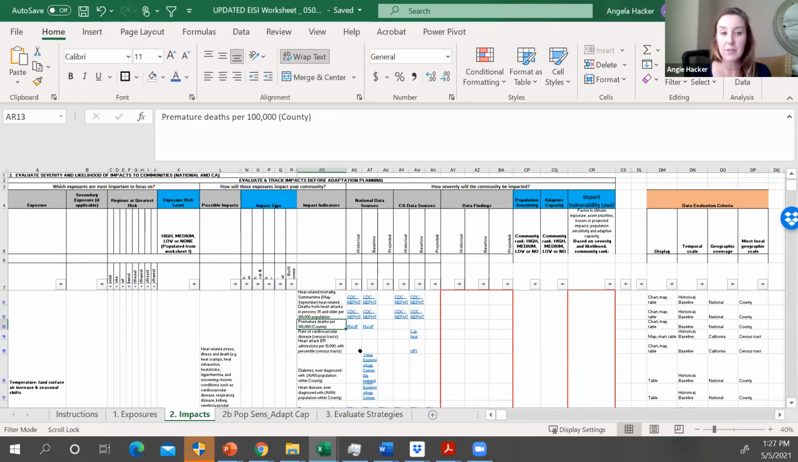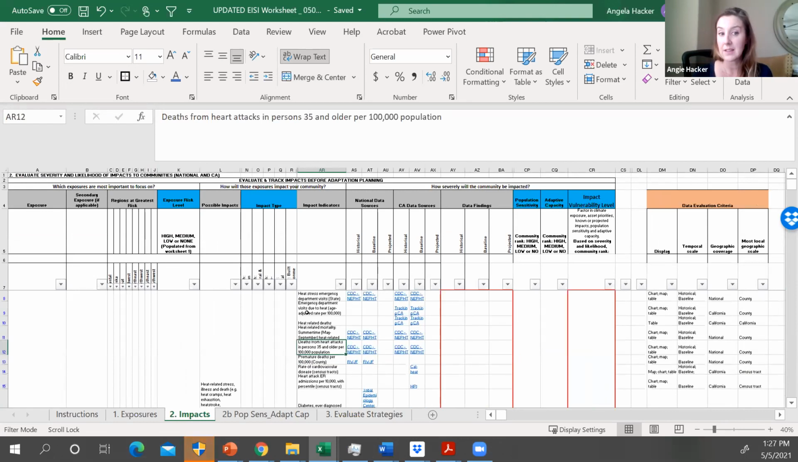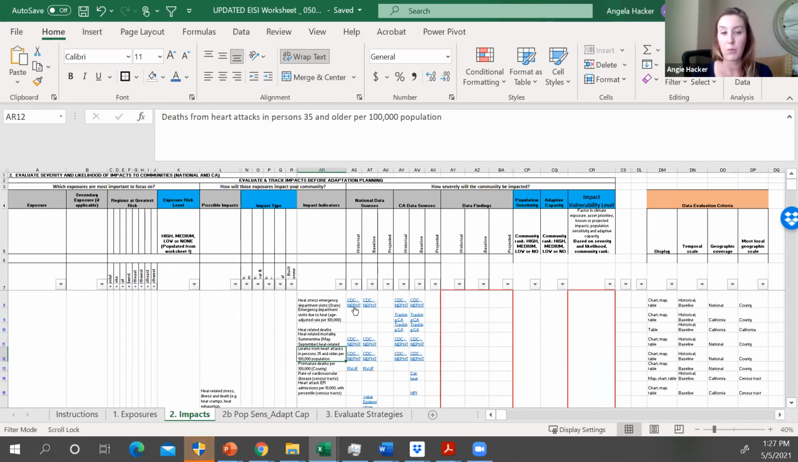So there's a lot of different ways to look at it, and the data comes from a variety of places. Like I said before, the CDC, National Environmental Public Health Tracking Network, is a really good one. So we point to that quite often if it's health related, but this isn't just health related information. And so same thing here, you can drop data findings for historical, baseline, and projected information. And then there's other stuff hidden in here that we don't have time to really go over, but it would